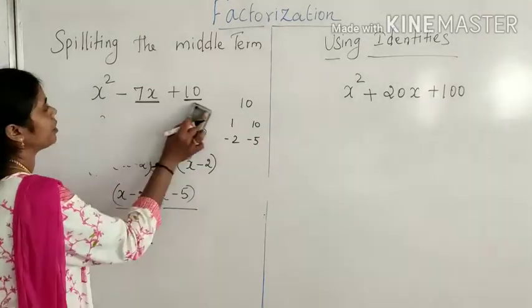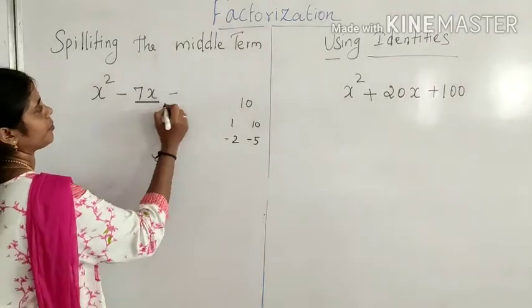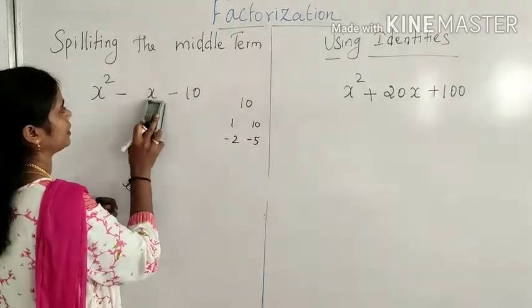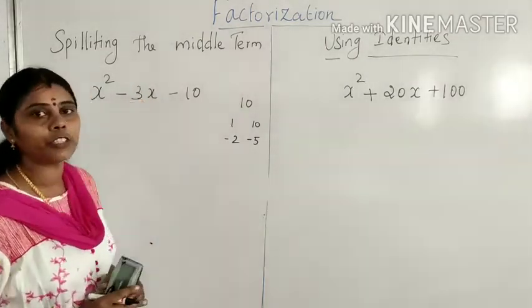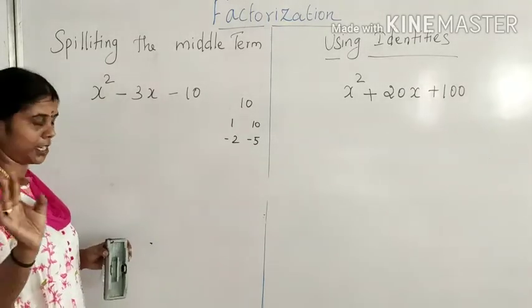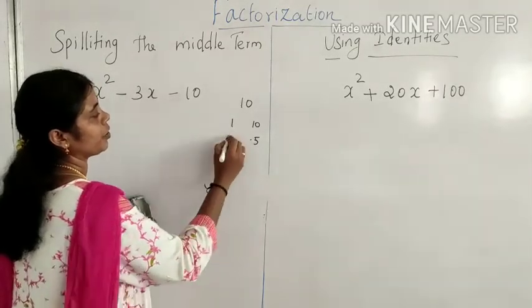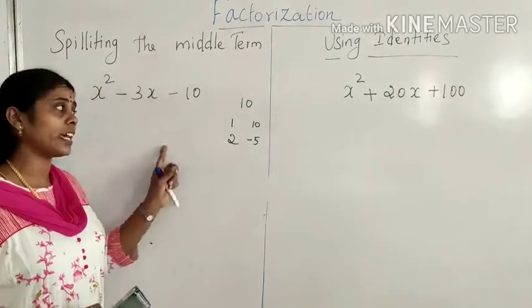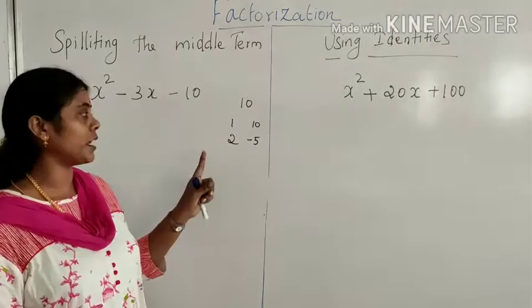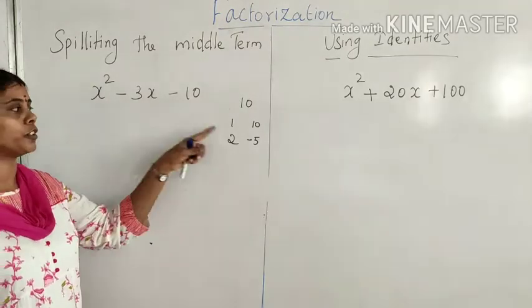Right. Suppose the middle term is also minus, and the last term is also minus. The last term is 10 and the middle term is also minus. How will it be? Very simple, the same concept only. The factors remain the same. Only thing is, instead of both minus, one will be minus. Why have I taken minus 5? Instead I could take minus 2 also, no? But I have not taken that. Why? Because this middle term will give the symbol of the bigger number.